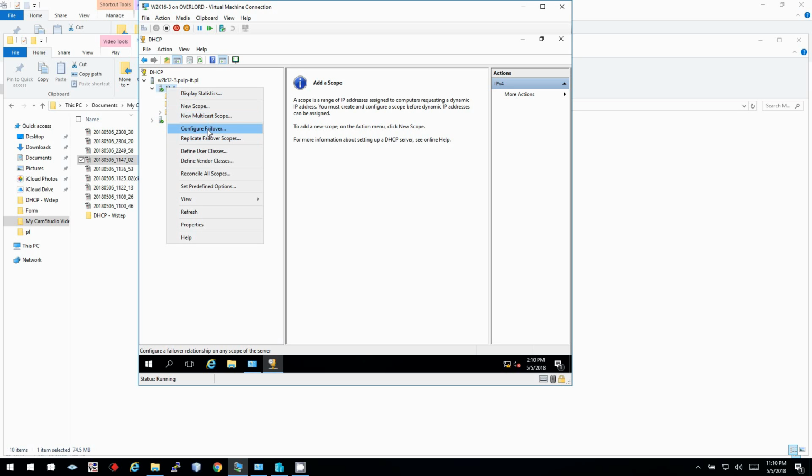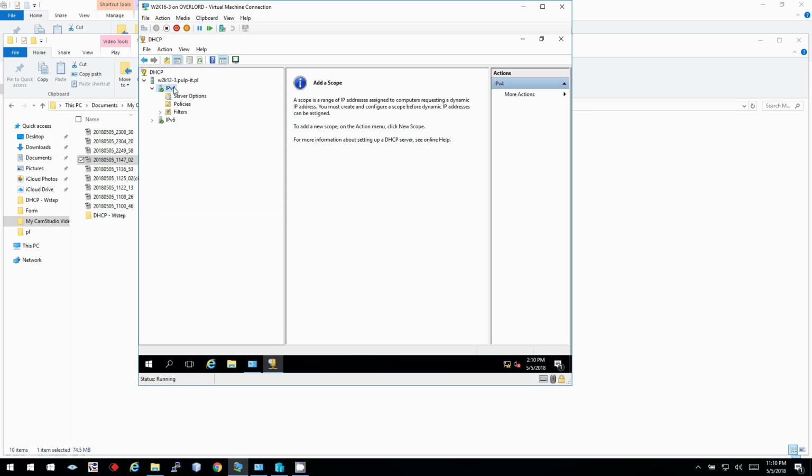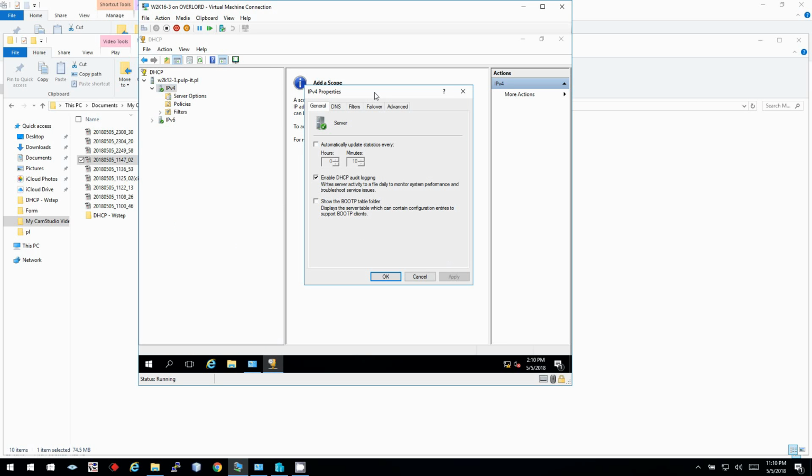Configuring failover here. We're going to cover those things in the second chapter. And the user classes and vendor classes we're also going to cover in the second chapter because I would like to compare this with options 43, option 60, and many important options that are used to set up devices like IP phones and Cisco access points and so on. Okay, reconciling all scopes, which means that you can verify and compare information from the database and from the registry, right? So if these are consistent, view nothing really,